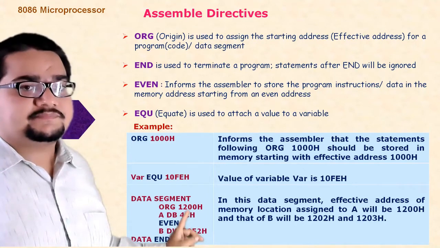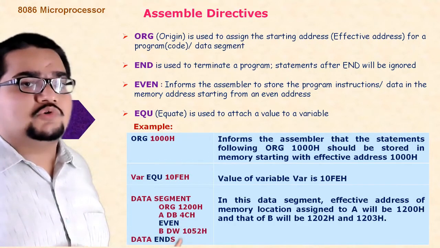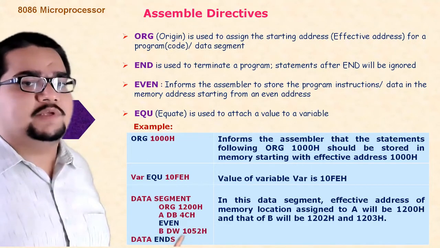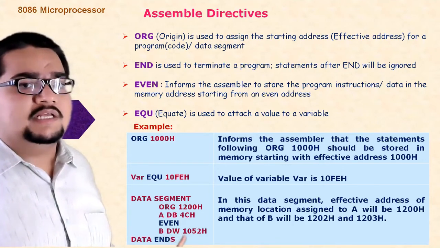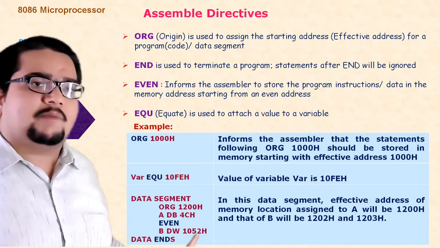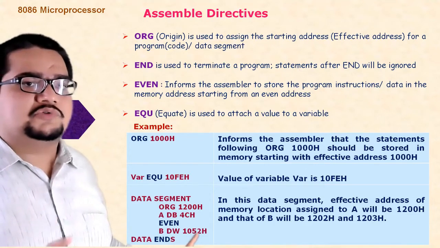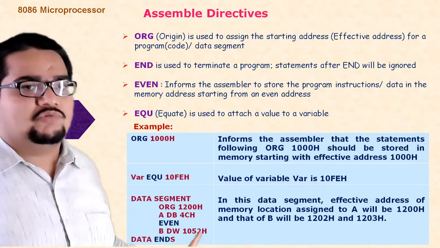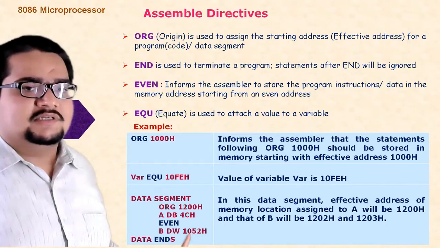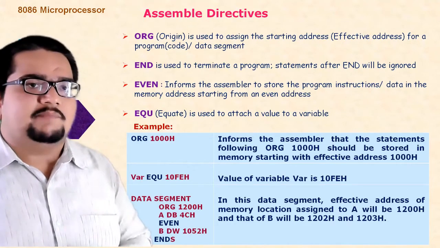Now what happens here is the address 1201 will not be used. Instead, the addresses 1202 and 1203, these two byte locations, will be used for storing my next variable value, that is 1052. In that also, the 52 will be stored first, as that one is the lower byte, and 10 will be stored next, as that is the higher byte. So address 1202 will store the data 52H, and the next address, that is 1203, will store the data 10H. That is how our assembler is taking our data and storing it into the 8086 memory.